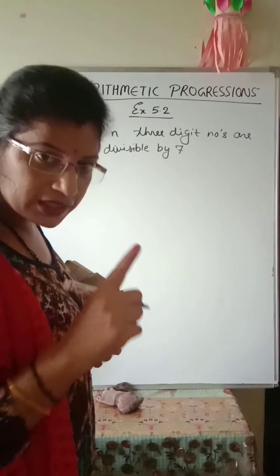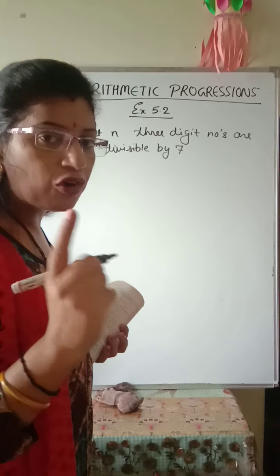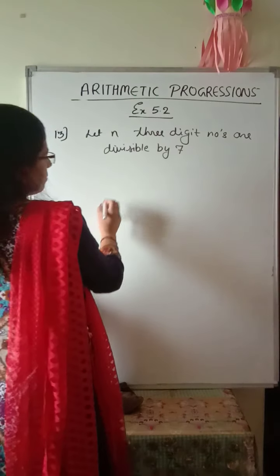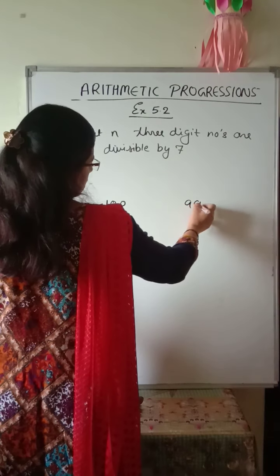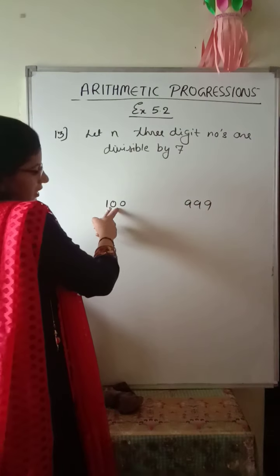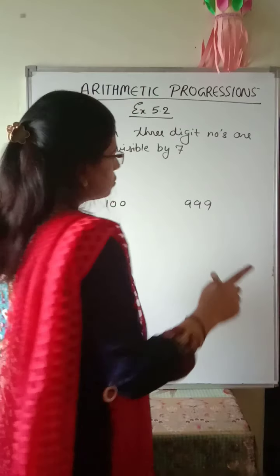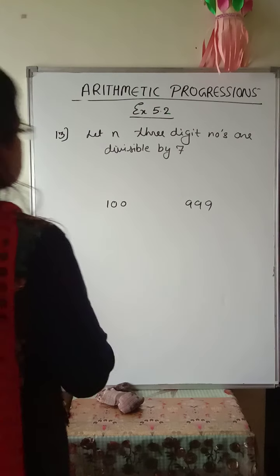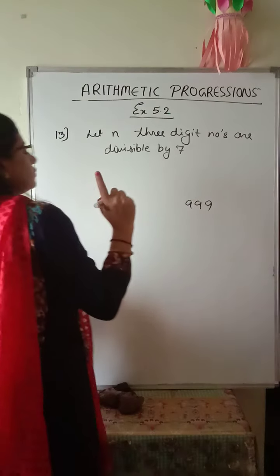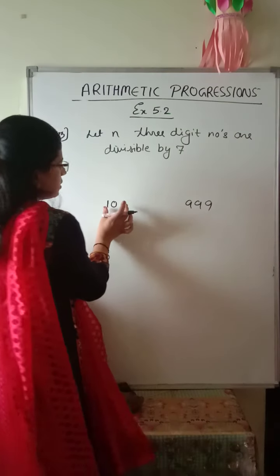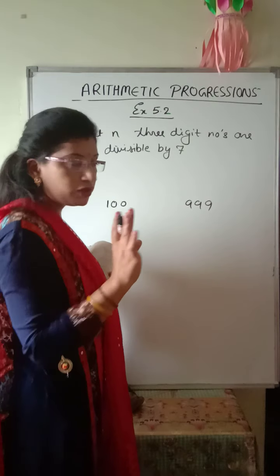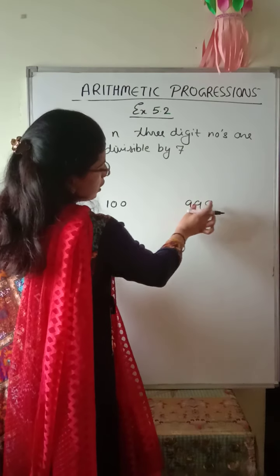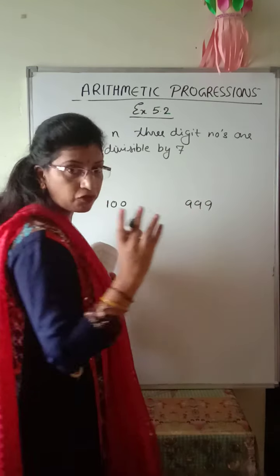ठीक है, तो 3-digit number जो AP बनाएंगे we will form a AP of that. तो 3-digit number का smallest number कितना होता है 100 और 3-digit number का largest number कितना होता है 999. लेकिन 7 से ये divisible नहीं है. So what we can do, see, because 3 digit number it will be more than 100, डेफिनेटली 100 से ज़्यादा होगा जो डिविजिबल होगा, और 999 से कम होगा. 999 से बड़ा होगा तो it will be 4 digit number.